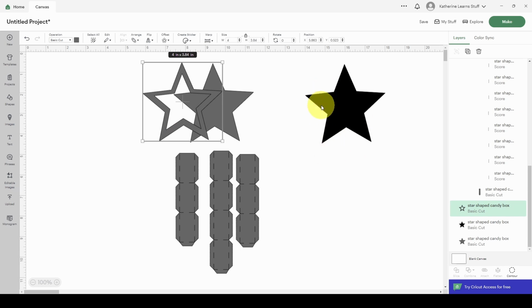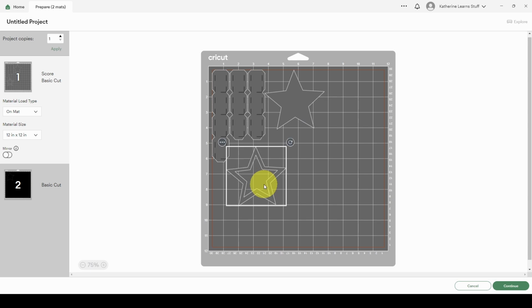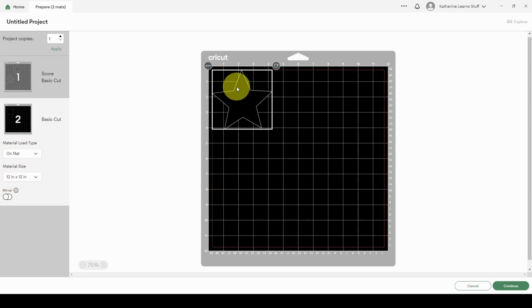So when we're sending this to our cutting mats, we're going to quickly do a review here. We're going to select make, not bother saving this. And we can adjust these pages here, the stars here and the pieces to save paper. And then this black star that we have is going to cut out on acetate. So we want to make sure that when we're sending this to our cutting machine that we